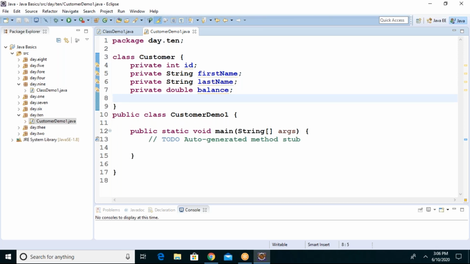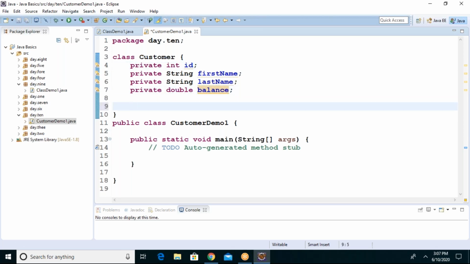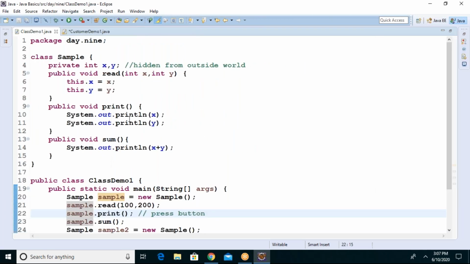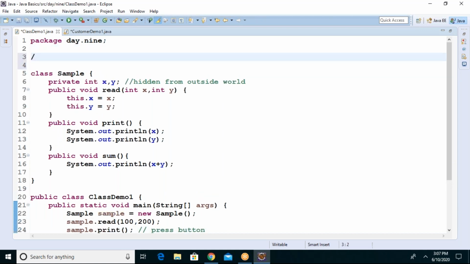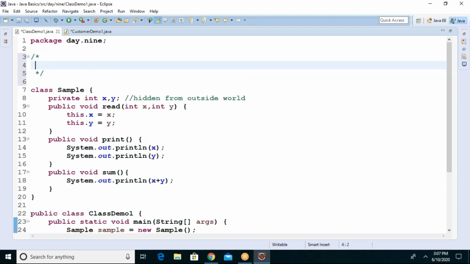I'm keeping it very simple because our target is to store some data and understand all the method concepts. One more concept I want to add here is the constructor, guys. What is a constructor?